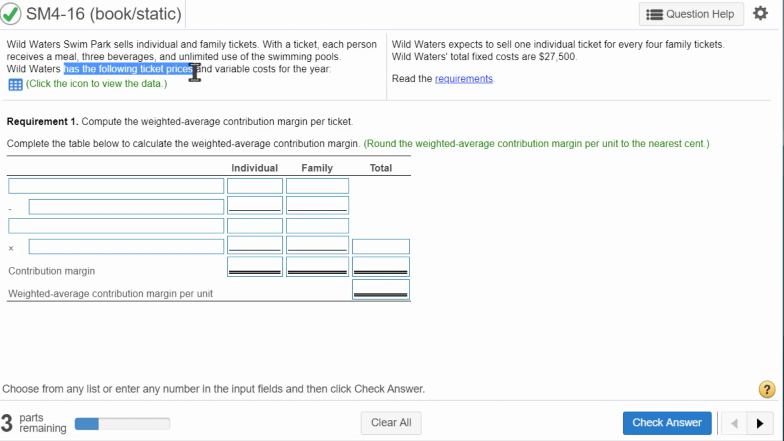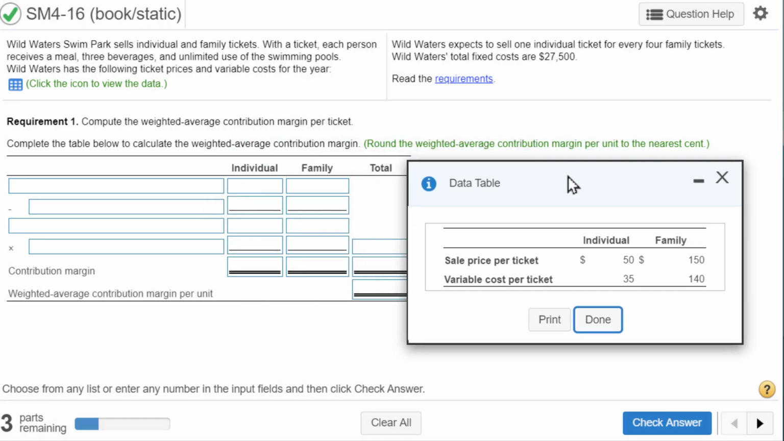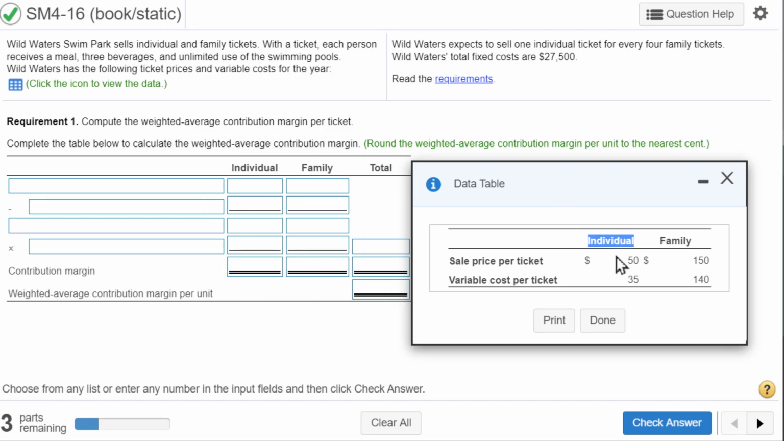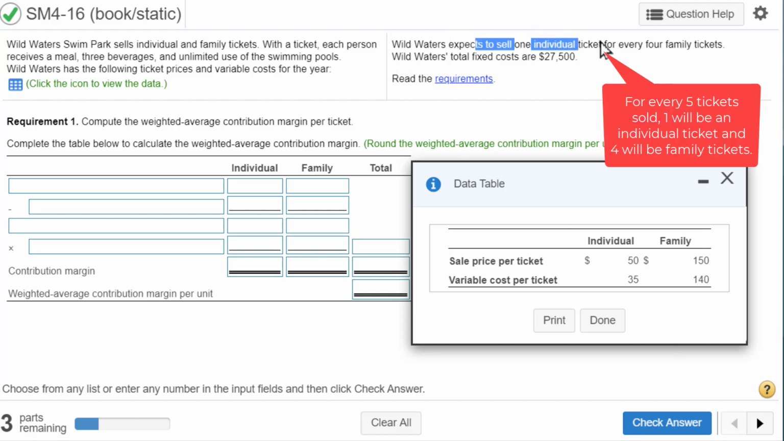Wild Waters has the following ticket prices and variable costs for the year. So the costs of the meals, the beverages, and usage of the swim pool are already included in the variable costs and the fixed costs. An individual ticket costs $50 and the variable cost of that ticket is $35. Family ticket costs $150, variable cost is $140. Wild Water expects to sell 1 individual ticket for every 4 family tickets. And their fixed costs are